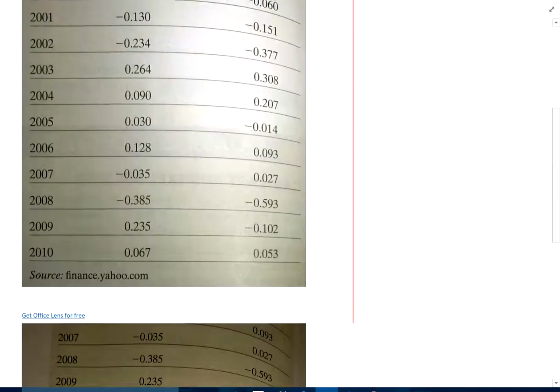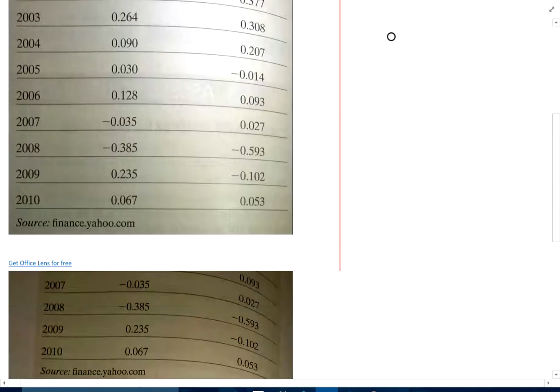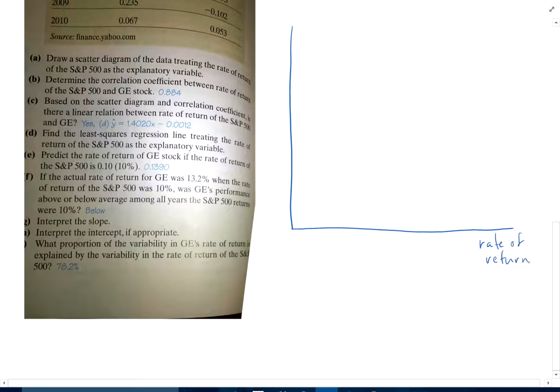So we want to draw a scatter diagram of the data treating the rate of return of the S&P 500 as the explanatory variable. So we want to make a scatter plot that I'm actually going to draw. Here's our data. I'm going to draw it down here so we can have it next to the questions. So it's going to look something like this. That's going to have the rate of return. Now that's the rate of return of S&P as our explanatory, and the rate of return